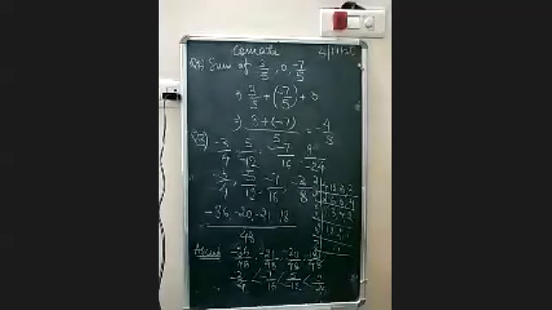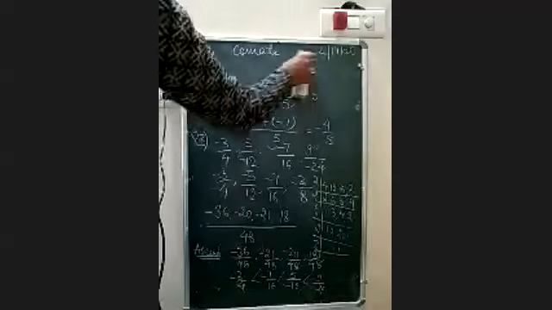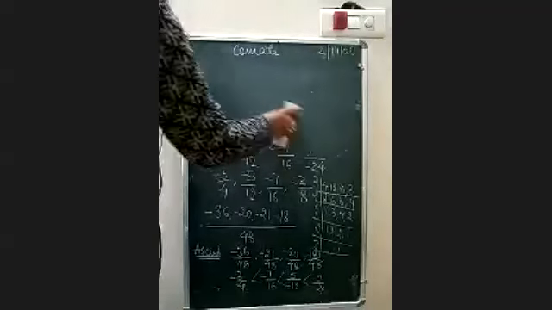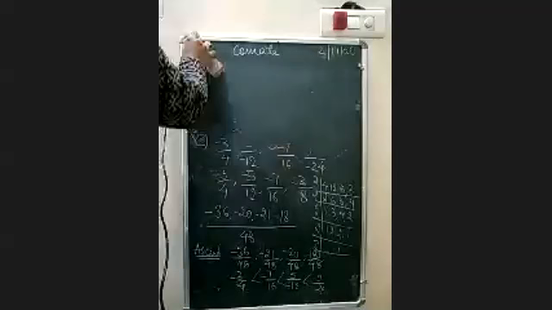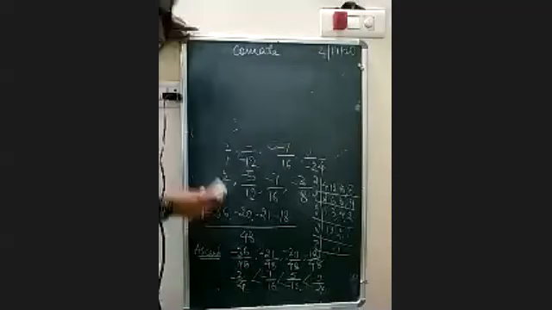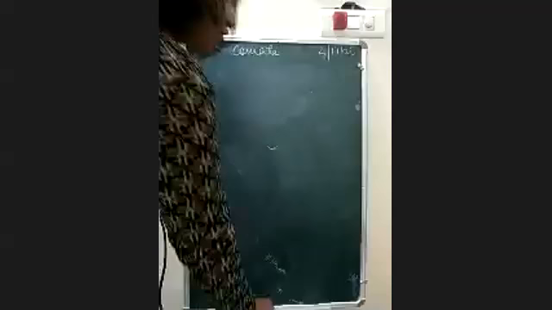And ma'am, in that question, it is also there. Find any five rational numbers between 1 and 2. Yes, between 1 and 2 we have done it, beta. I am telling you how to do that. This type of pattern, 1 and 2, we have done it. Just a second. This is question number 4, I believe.